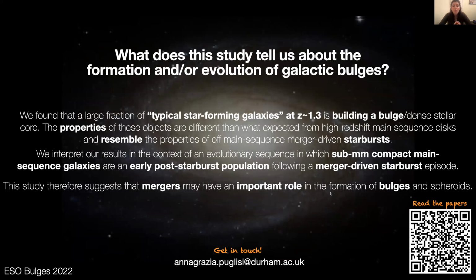So we interpret our results in the context of an evolutionary sequence in which sub-millimetre compact main sequence galaxies are an early post-starburst population following a merger-driven starburst episode. Therefore, to answer the main question of this conference, this study is suggesting that mergers may have an important role in the formation of bulges and